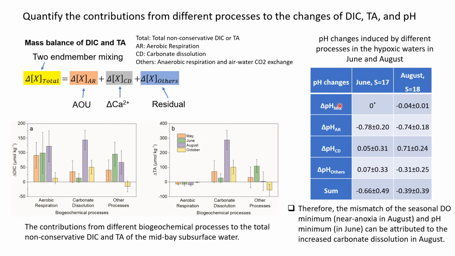We can see mixing and aerobic respiration induced nearly equal pH reductions in June and August, but significant carbonate dissolution increased the pH by 0.71 in August, but a very minor pH increase in June. The overall sum of all processes to pH reduction is 0.66 in June and 0.39 in August. Therefore, the mismatch of seasonal DO minima and pH minima can be attributed to the increased carbonate dissolution in